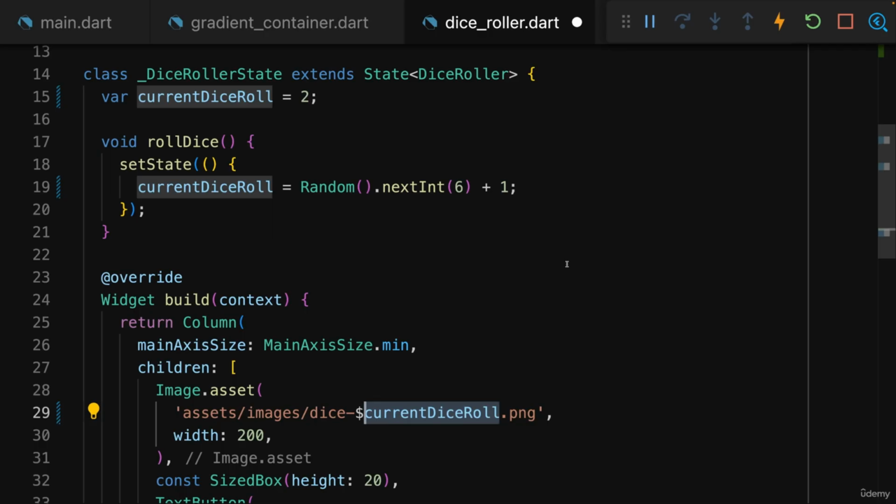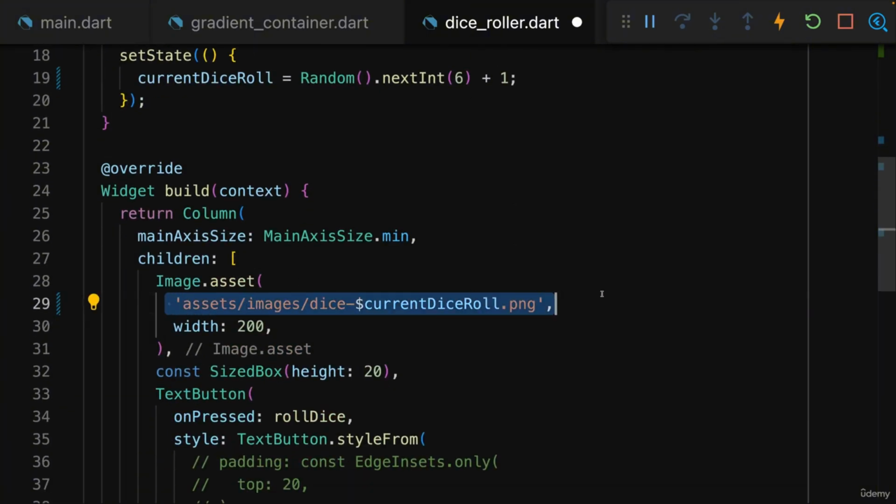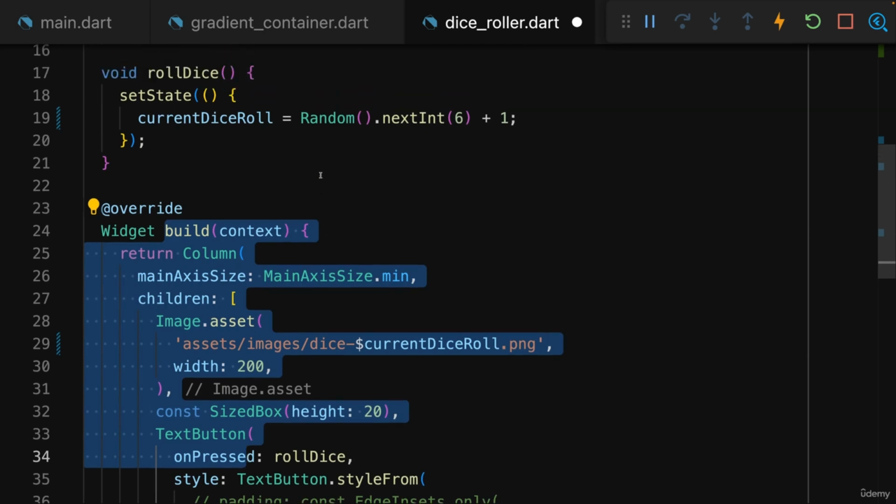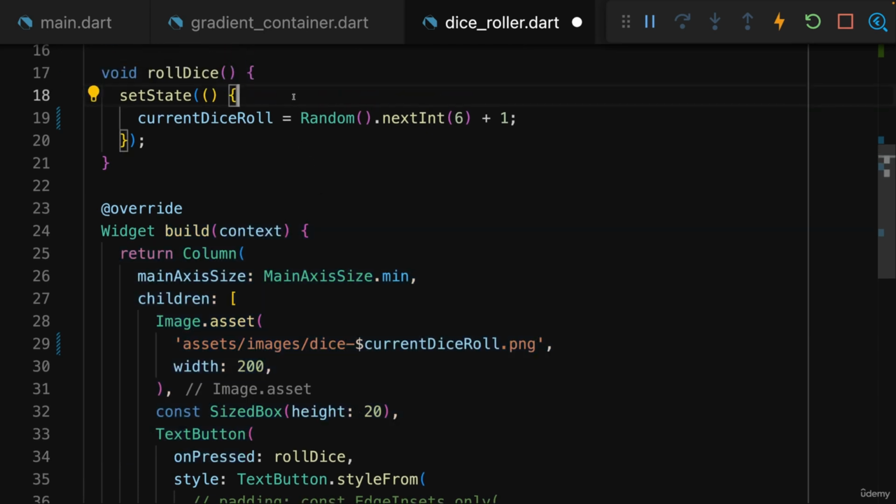It's up to you which approach you prefer, but this keeps our state a bit leaner, a bit easier to understand, since we're just managing a number here, and then we dynamically derive the actual path based on that state value, so based on that number, whenever build is executed, and as you learned, build will execute